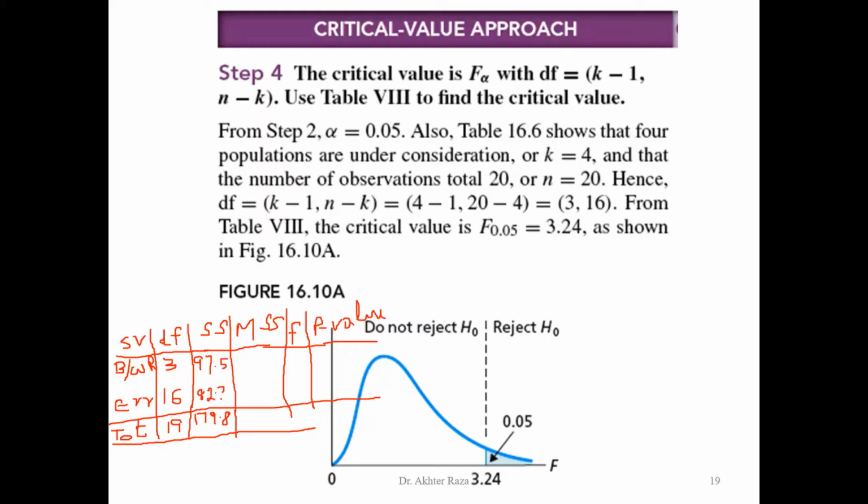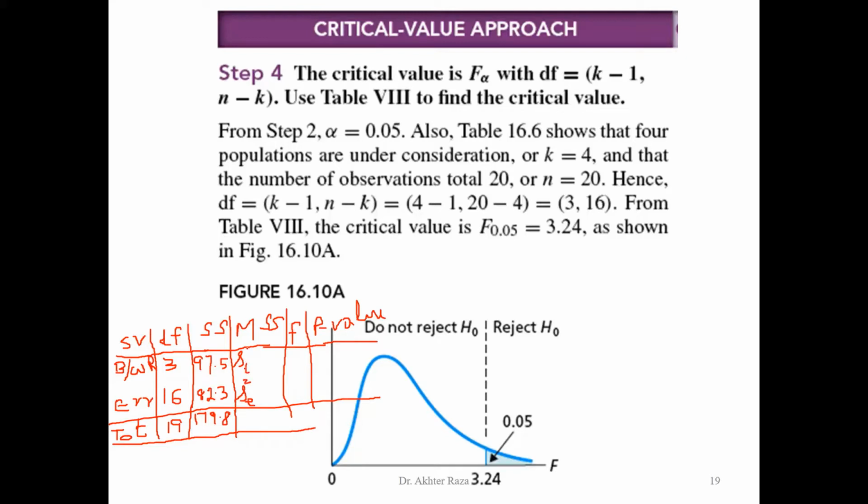Now, these are the sum of squares. Variances can be calculated by dividing sum of square by degree of freedom. So 97.5 divided by 3 and 82.3 divided by 16. This will be the variance by known source, and this will be the variance by unknown source. I can write it as E for error, the variance of error, and T for treatment, the variance of treatment.